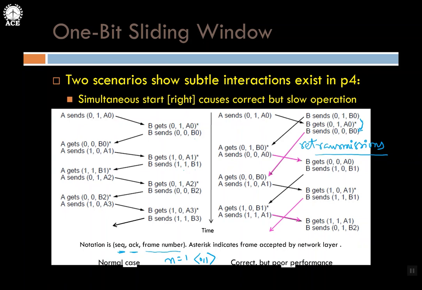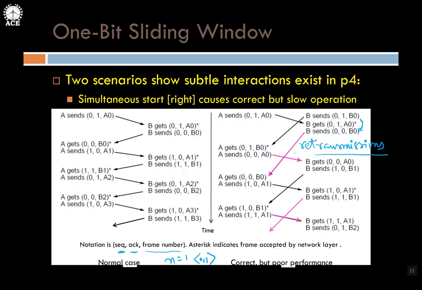So this is the basic ideology of it. Kindly observe, because of these timing delays, retransmissions are happening. Suppose if the delay had not been there, if A0 had been received and B0 also had been received, immediately they would have sent the acknowledgement and advanced the window to A1 and B1. But because the delay is happening here, what has happened? Again, check. B has sent B0, A has sent A0. B got the frame A0 quickly.